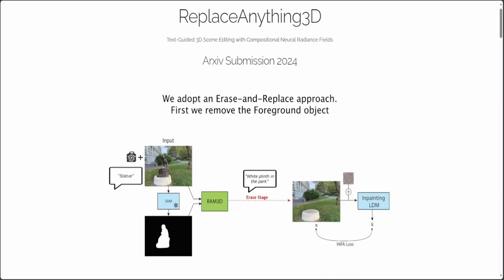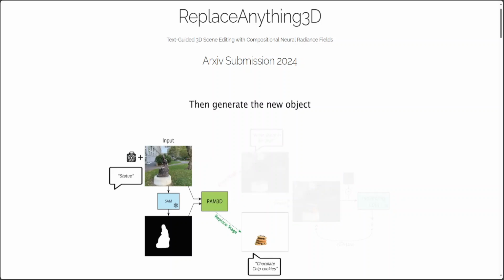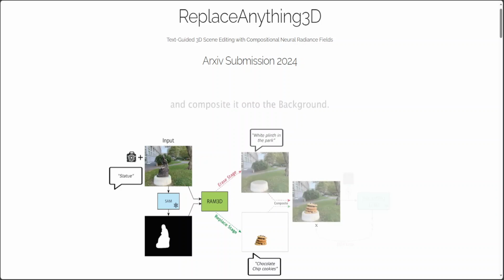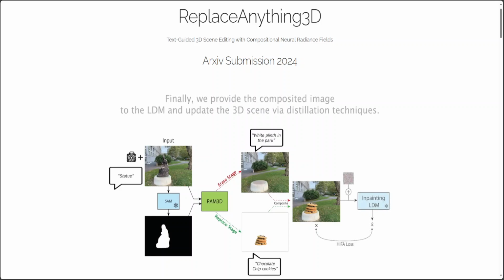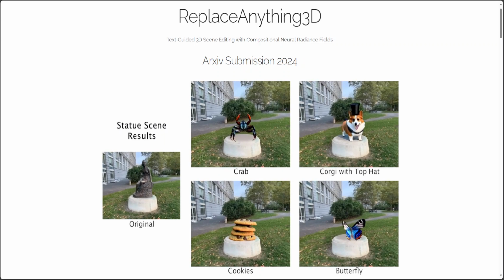Replace Anything 3D, also called RAM 3D in short, is from Meta. It is a text guided 3D scene editing framework allowing object replacement in multi view scenes for realistic integration, overcoming structural loss limitations. It also showcases effectiveness in various realistic scenes, and I will show you shortly, despite artifacts like